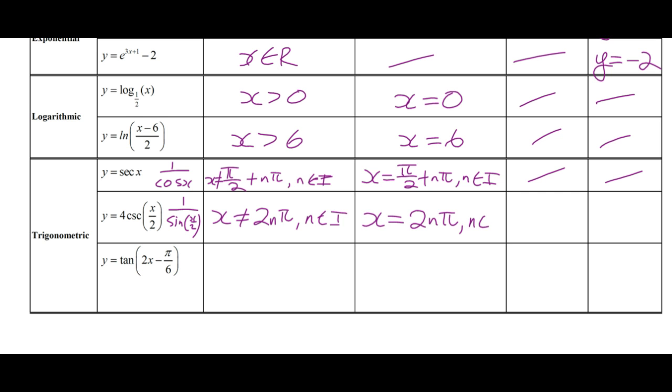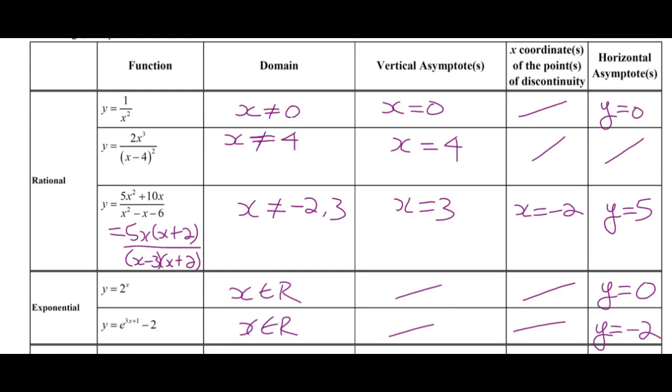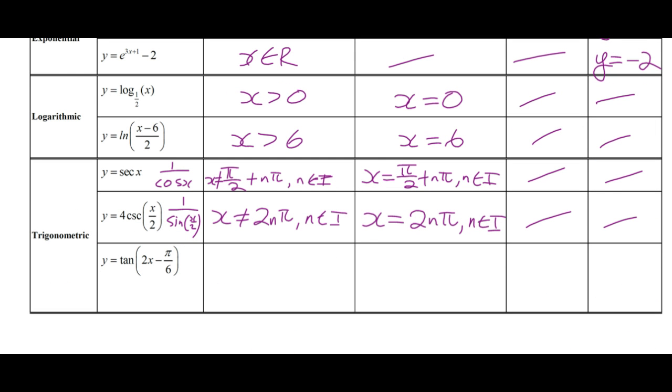And so the asymptotes are where the domain is not, right? Yeah, the vertical asymptotes. Because it's secant or cosecant, right? Tangent, 2x minus pi by 6. Whoa, okay, so let's rewrite this